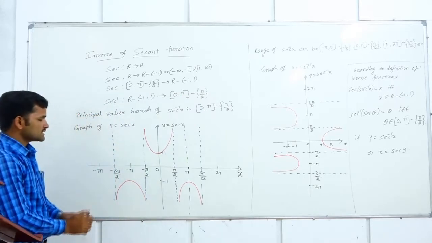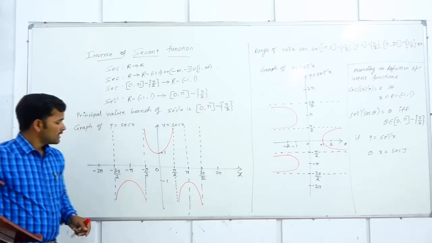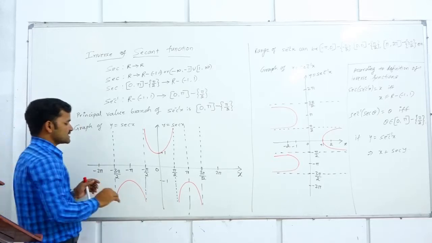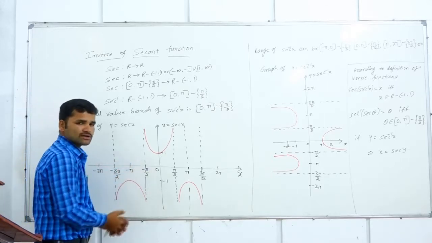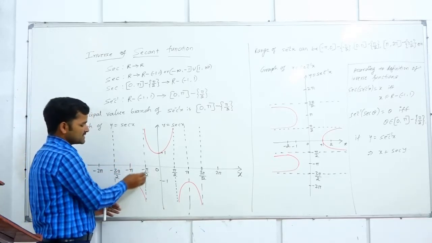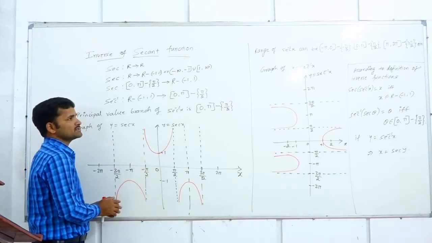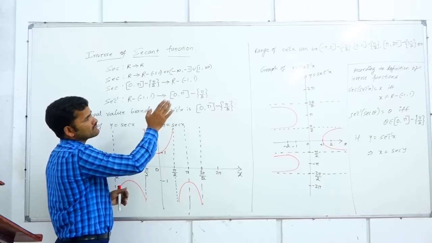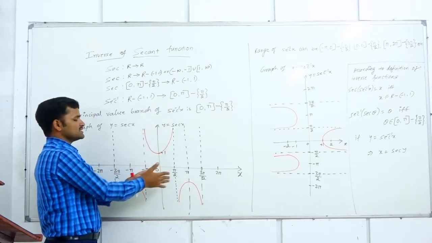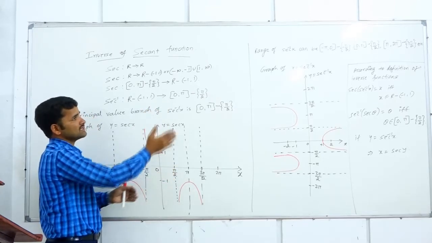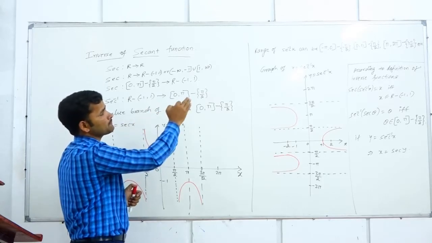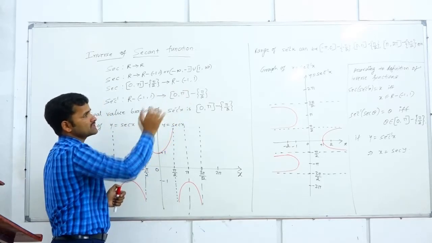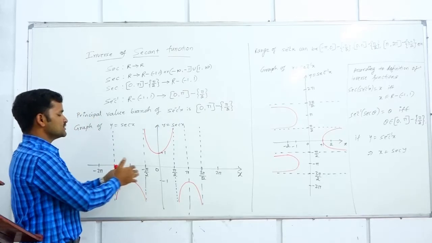Instead of restricting it from 0 to pi, we can restrict it from -pi to 0 also. In -pi to 0, -pi by 2 is not defined. That point we need to exclude. The range of secant inverse can be other than 0 to pi. If you want to write that, many intervals I have written there. -pi to 0 except the angle -90. 0 to pi except +90.